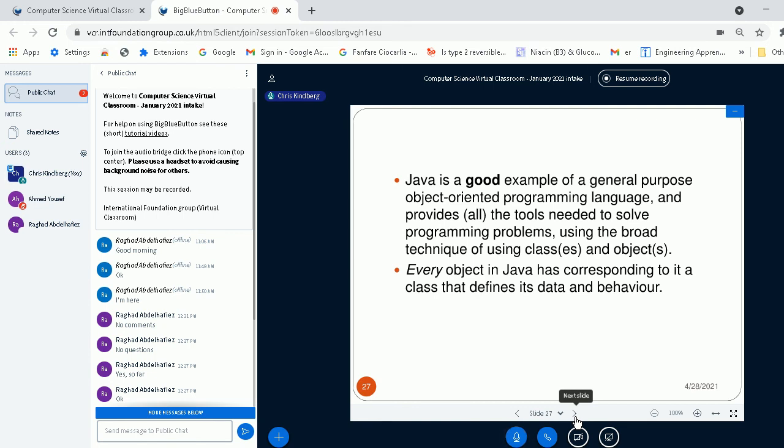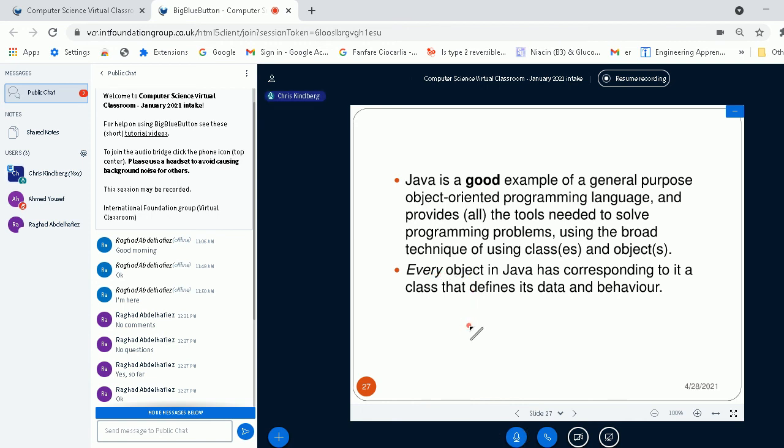Like one method might be run, and I could run faster, or I can turn my head, or I can look upwards, or I can listen to what's being said by Raghead, and so on and so on. So I think you'd be able to agree with me that it looks highly likely that you can do an awful lot of good modeling using objects and classes.